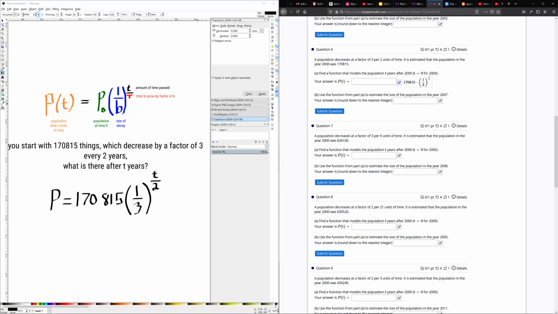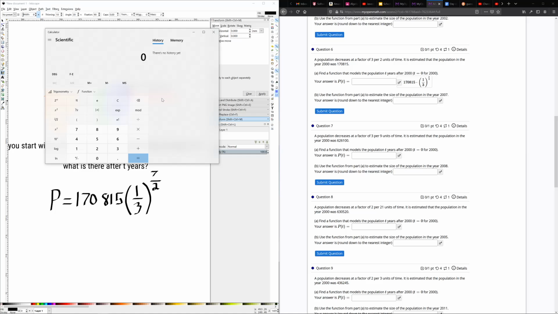All right, so they want to know in 7 years after the year 2000. So instead of t here, we're going to put a 7. So that 1/3 raised to the 3.5. So I'm going to once again pull up the old calculator, and I'm going to use parentheses for this, 1/3 raised to the parentheses again, 7/2, close parentheses. That is my number times the starting amount, 170,815. What is that? It is